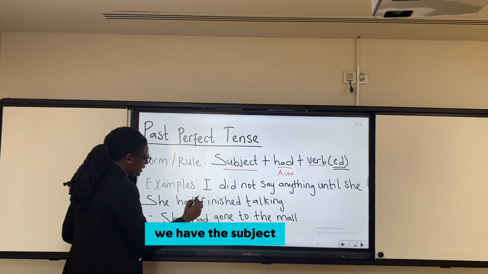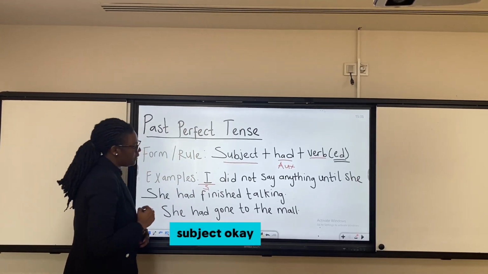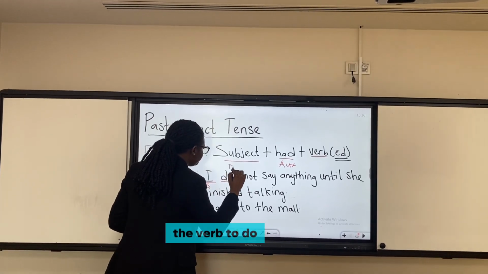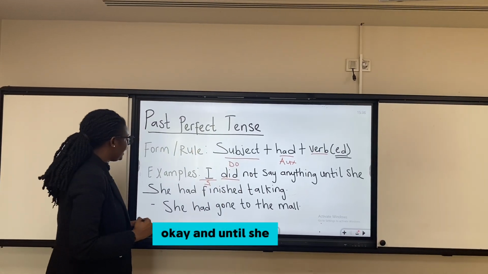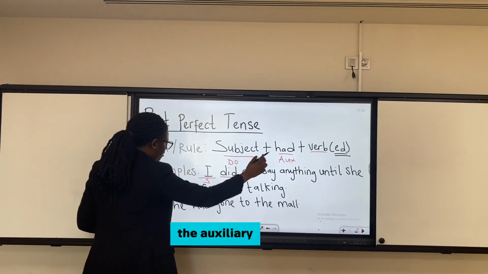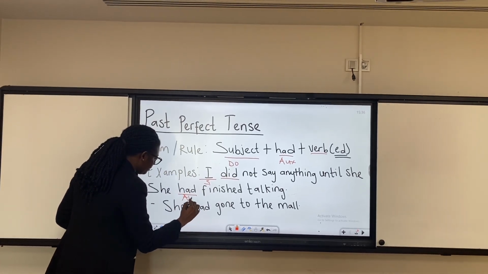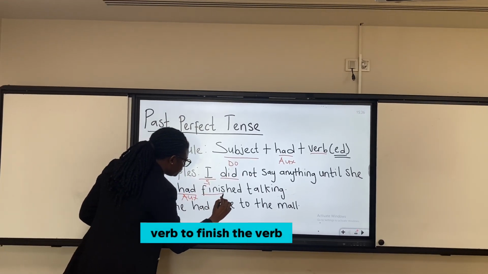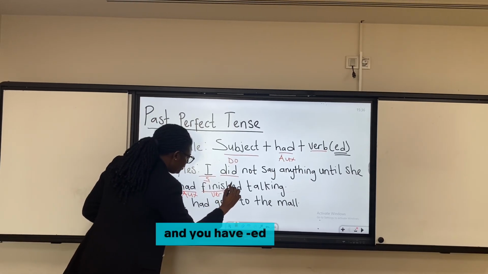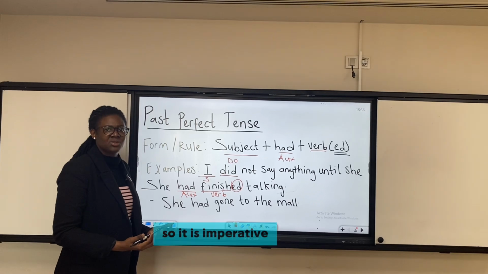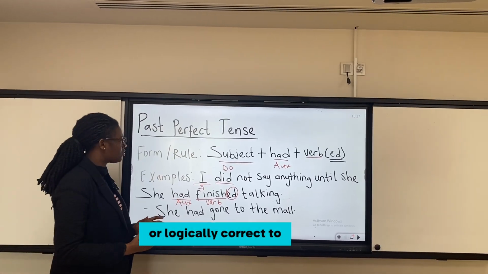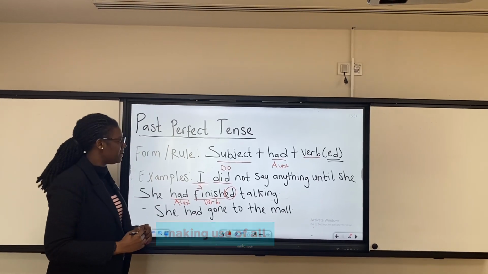We have the subject, and we have did, the verb to do, and until she had finished, we have had, like here, the auxiliary, and we have the verb to finish, the verb, and we have ed. So it is imperative, or logically correct, to construct past perfect tenses making use of all